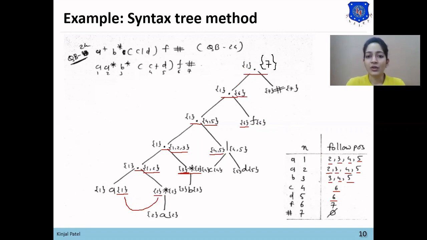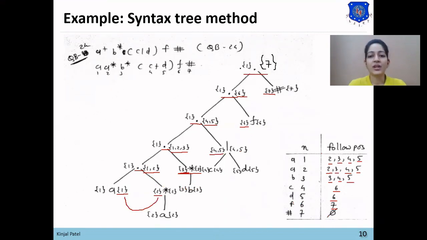The last position of first child is 6 and first position of second child is 7. So in the follow position of 6, 7 will be added. So we have applied rules on each dot and star node. We'll add 5 in the 7 as we have not got any value for this position.